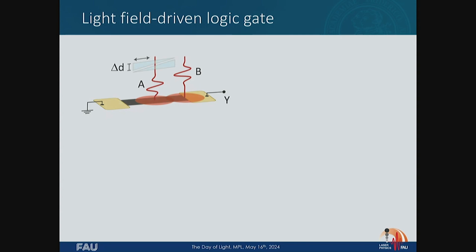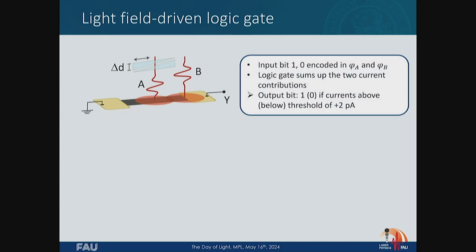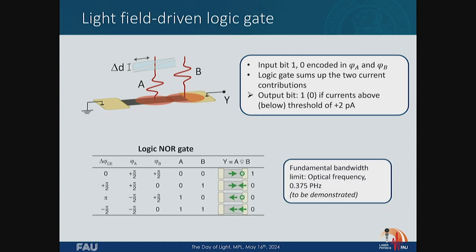We thought, wait, hold on. Now we have two different locations where we can drive field-dependent physics. Can we use this, for example, as a logic element for ultrafast computing? Let's say we encode the logic into the exact shape of this laser pulse and this laser pulse. You can quickly work out that this one laser pulse in the middle might excite a current flowing to the right, this one doesn't. These two currents cancel. Here there is only current flowing to the left, or two currents flowing to the left.